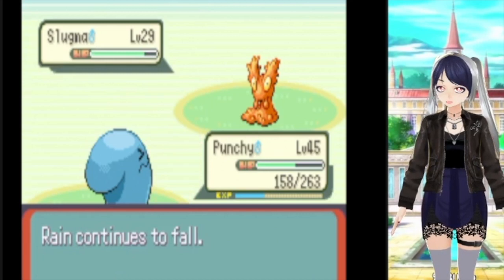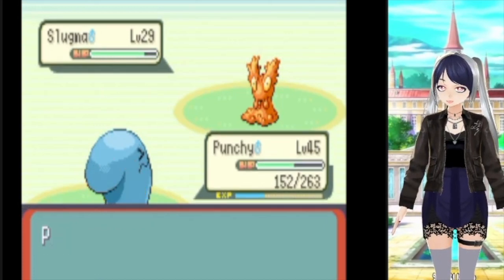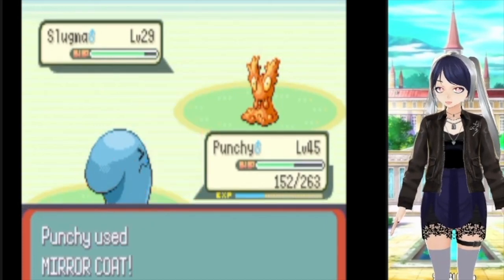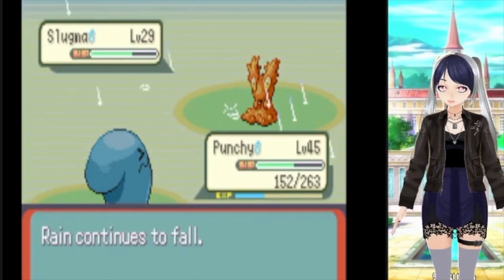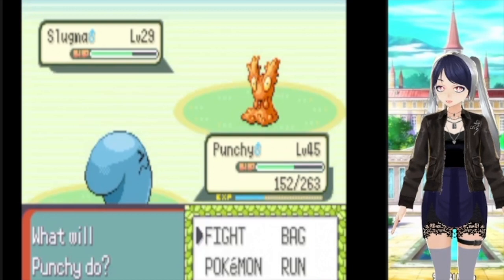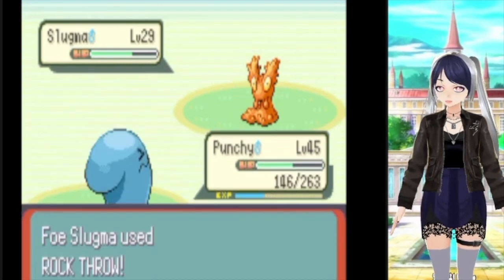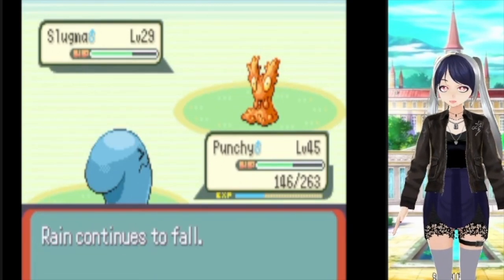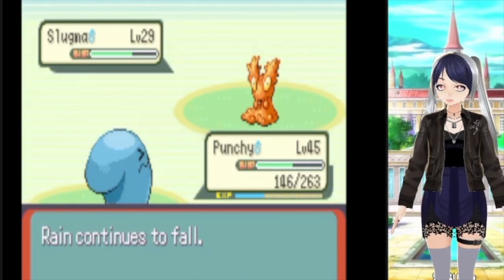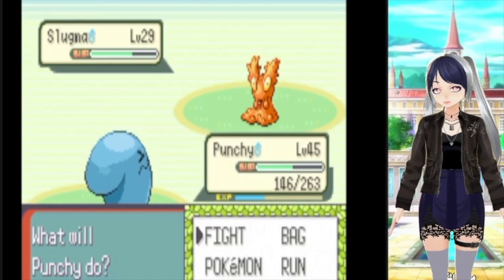and Mirror Coat barely moves Slugma's HP bar. It uses Ember again, and it's left with about 3/4 of its health. I use Mirror Coat again, and it uses Rock Throw. Oh, but oh my,